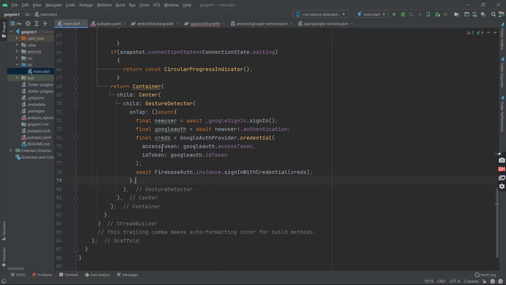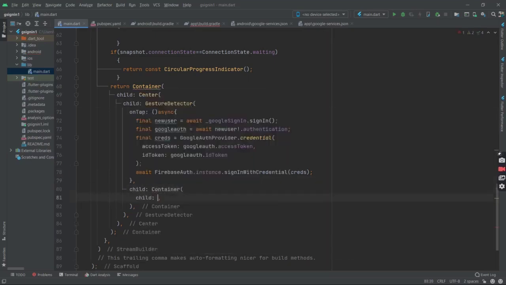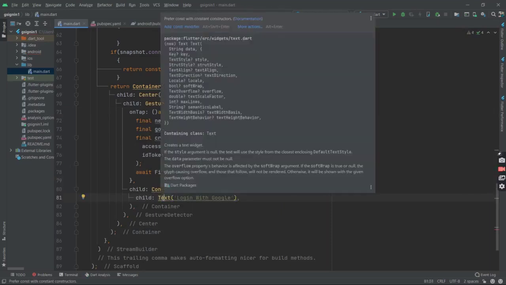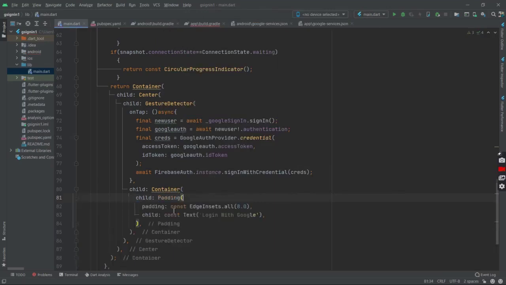So now that we have created the functionality of a button, let's quickly create the button also. So the child would be a container, and this child would be a text saying login with Google. Let's give it a padding, I've given it a padding so that it doesn't stick to the margins.